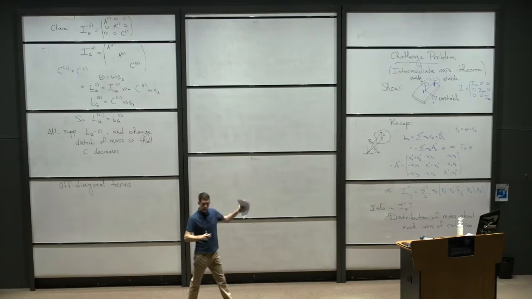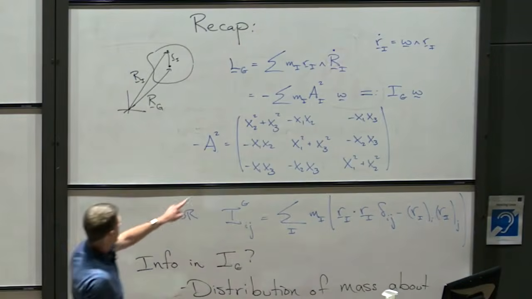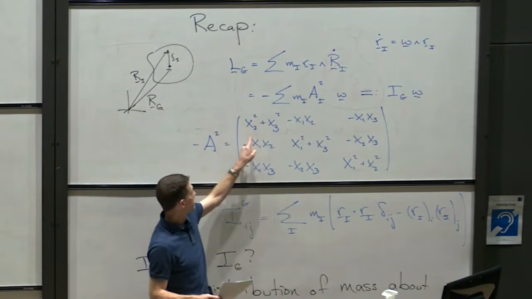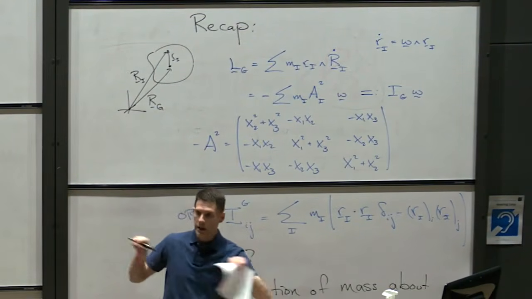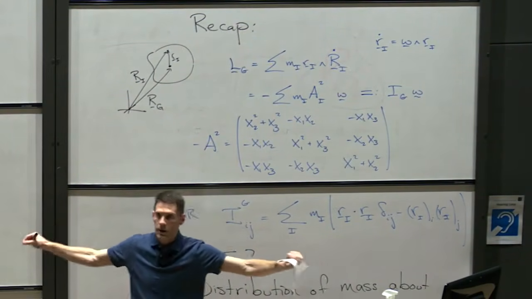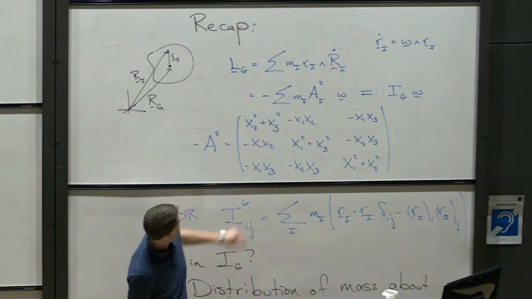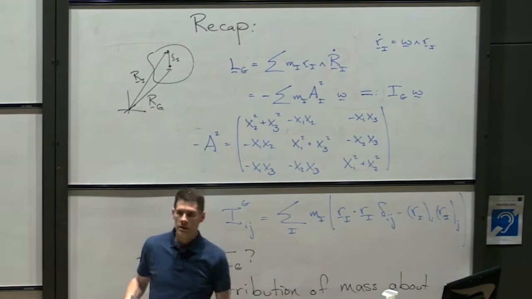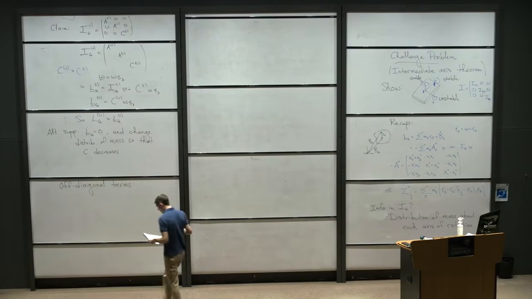So to summarize, the diagonal terms tell me how hard it is to rotate about each axis, right? This term right here describes rotation about the E1 axis, and you see that it only cares about x2 and x3. Those are the directions orthogonal to E1, how spread out the mass is from that axis. And same on those 2. The off-diagonal terms are a bit weird. The short story is they couple rotations. So if they're present,